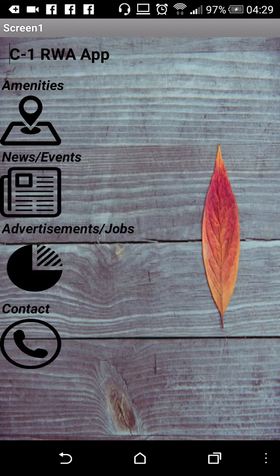So this is the home screen of the application, and it's the first screen that the users will see. I've designed it in a user-friendly and clean way, and I've designed the icons using Photoshop. I've used very large icons so that people of all ages can easily view and use the application. The home screen is divided into sections: amenities, news, events, advertisements, and contact. So if I click the amenities icon,